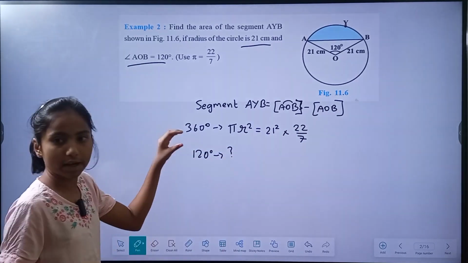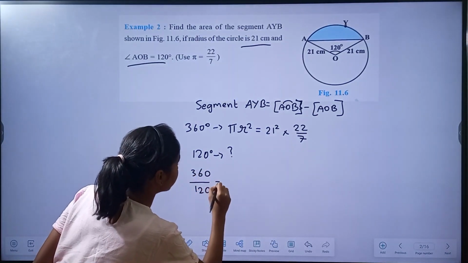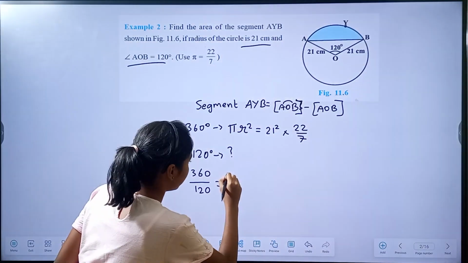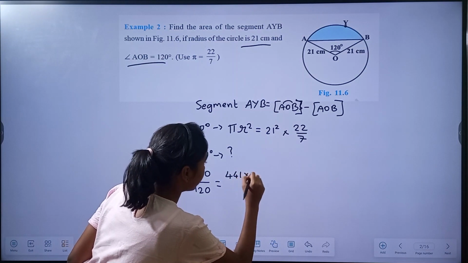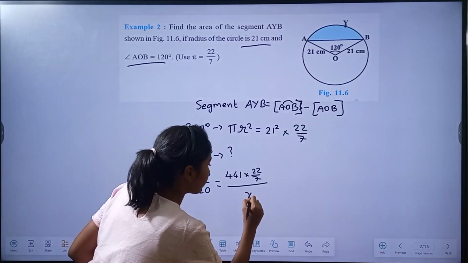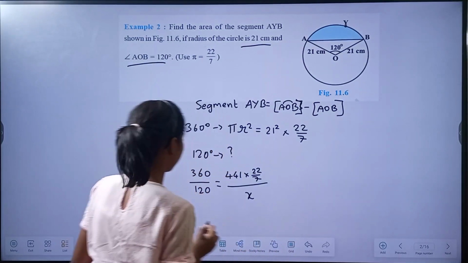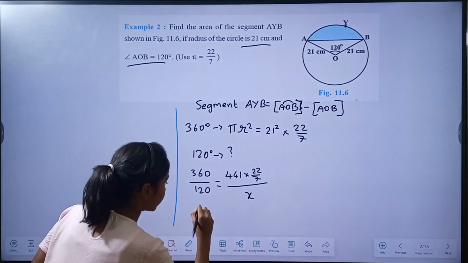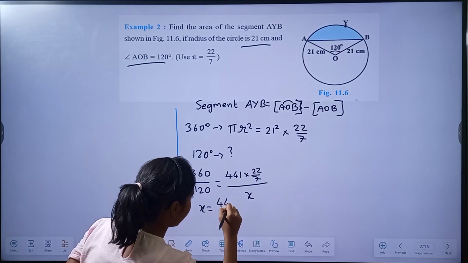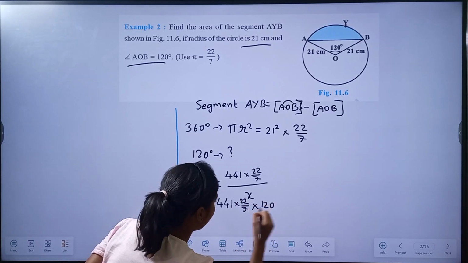Now, as these both are directly proportional, the corresponding ratios are equal. 360 divided by 120 equals 21 squared into 22 by 7, which is 441 into 22 by 7, whole divided by x. What we want to find is x. So x equals 441 into 22 by 7 into 120, whole divided by